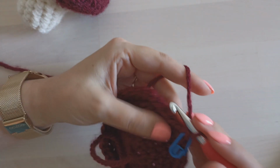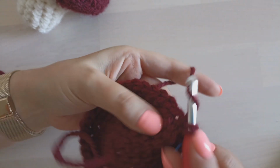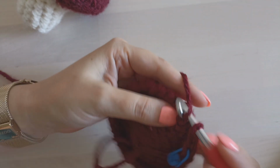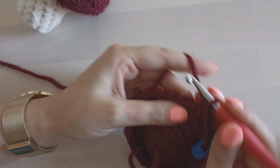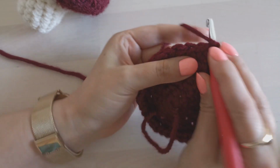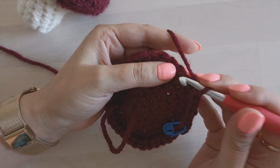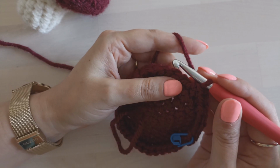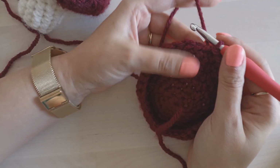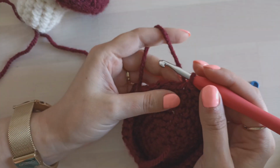Two, 3, 4, 5, 6, and I continue like that until the end of the row. So I have my 36 stitches, and I'm going to start with the decreases,